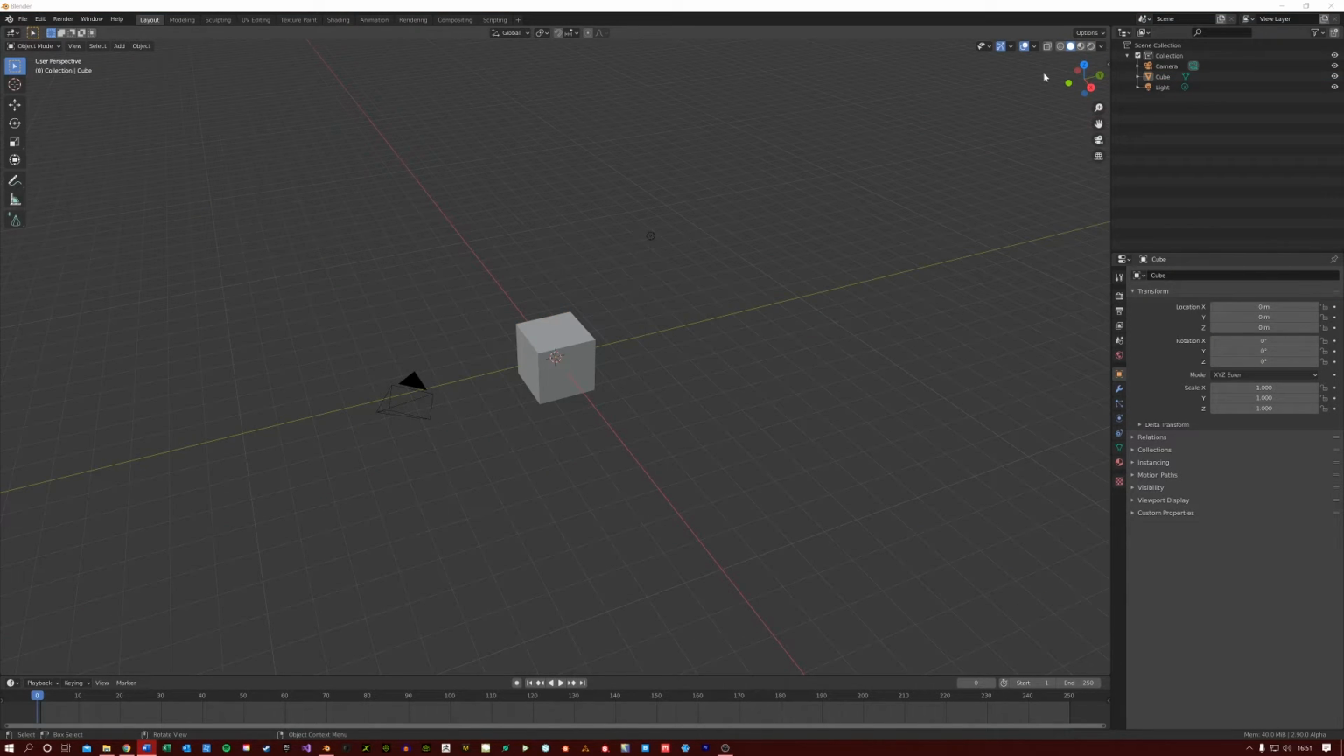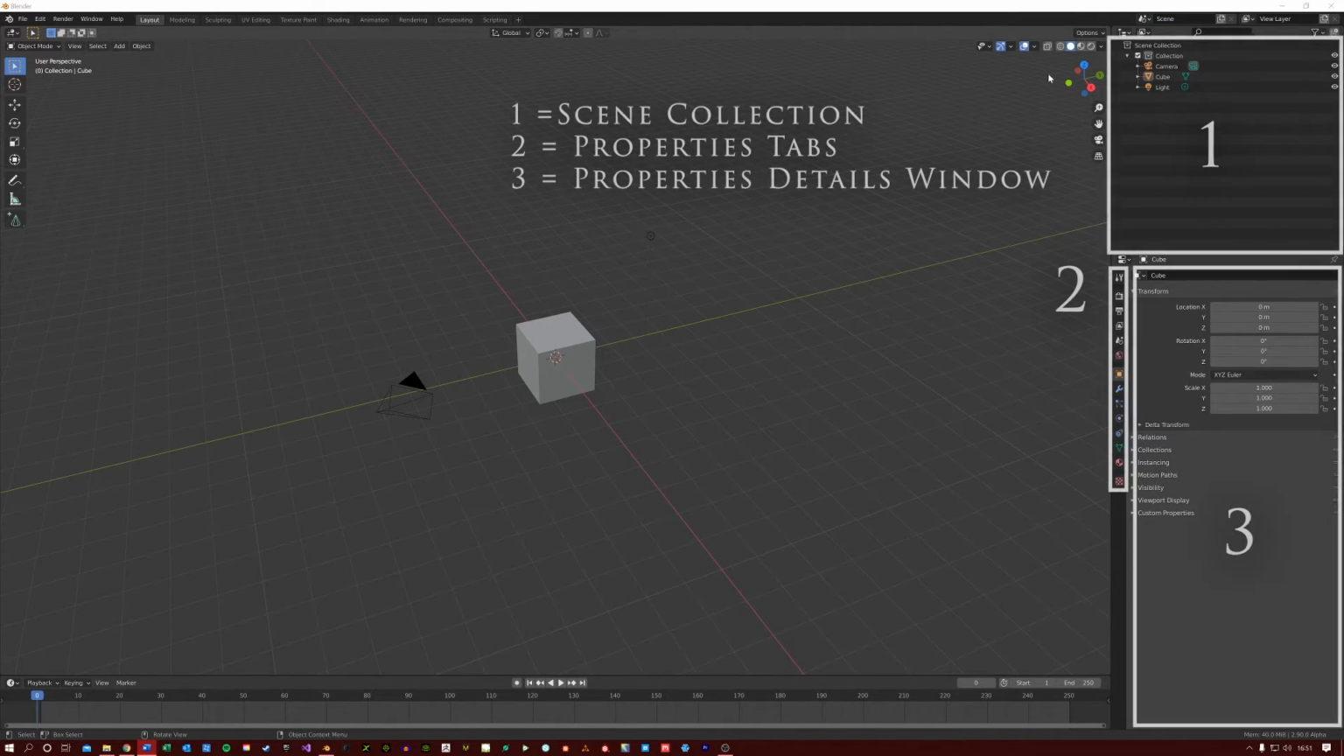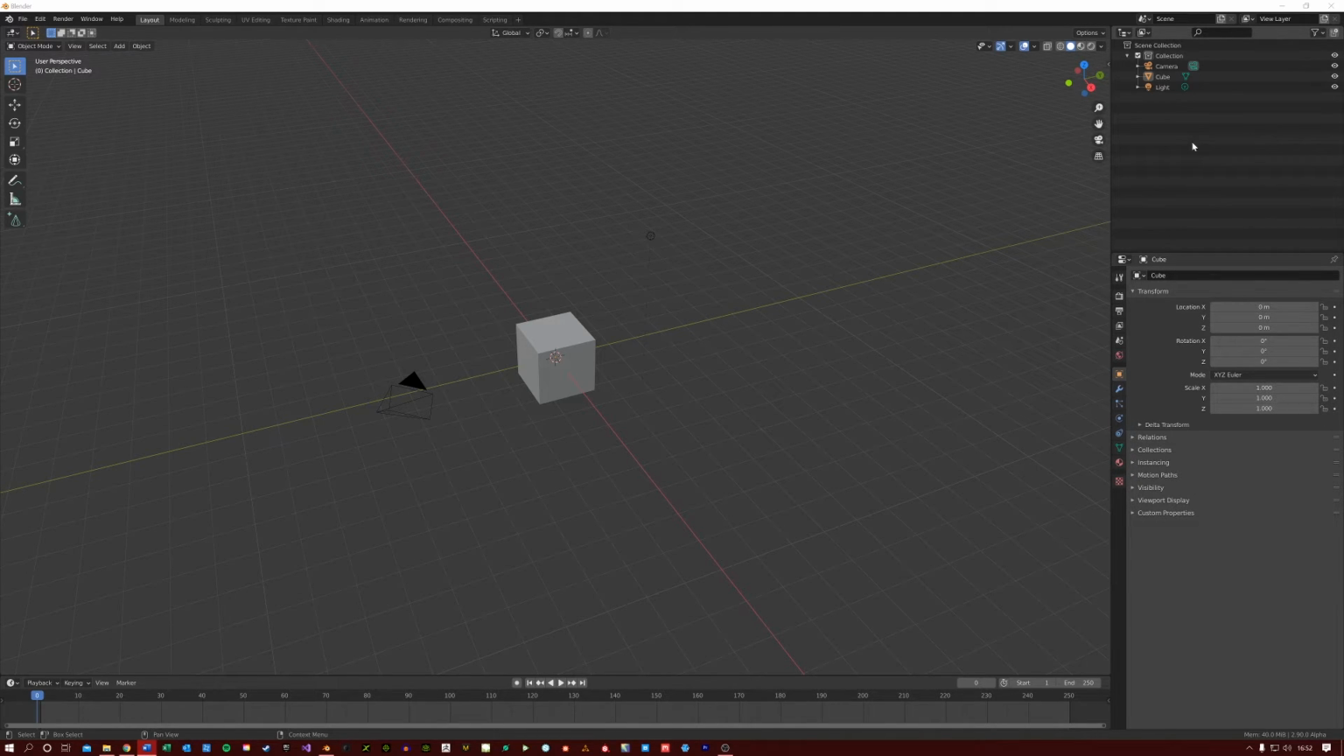So the right hand side of the screen is split into three parts: the scene collection, the properties tabs, and the properties details window. In this video, we are just going to talk about the scene collection. The reason for this is that these other two areas, the properties tabs and the properties details windows, require a bit more of an in-depth explanation, and I don't want to make this video too lengthy. So with the scene collection,